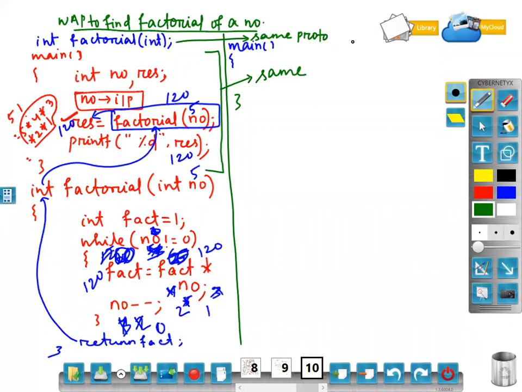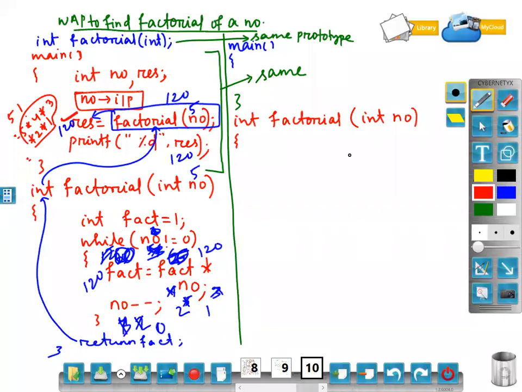Same prototype. Clear? I am just comparing the program using function with the function using recursion. So I'll define int factorial, integer number. So what will I write here? Check.